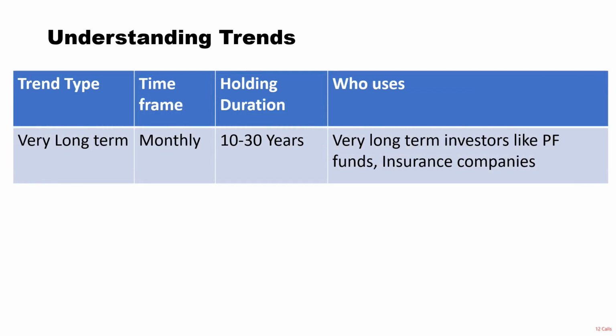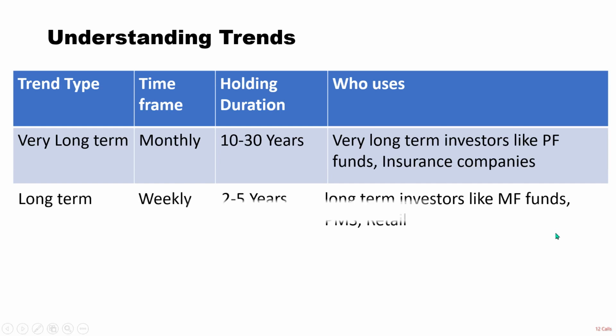The holding duration of this trend is 10 to 30 years. Who uses them? Very long-term investors like Provident Fund and insurance companies use them. The next is our long-term trend, which is determined on the basis of weekly chart. The holding duration is 2 to 5 years and long-term investors like mutual funds, PMS, even retail use these candles